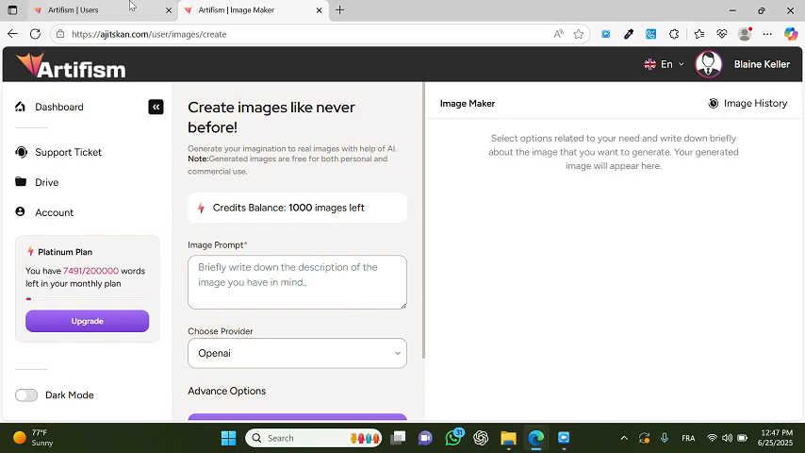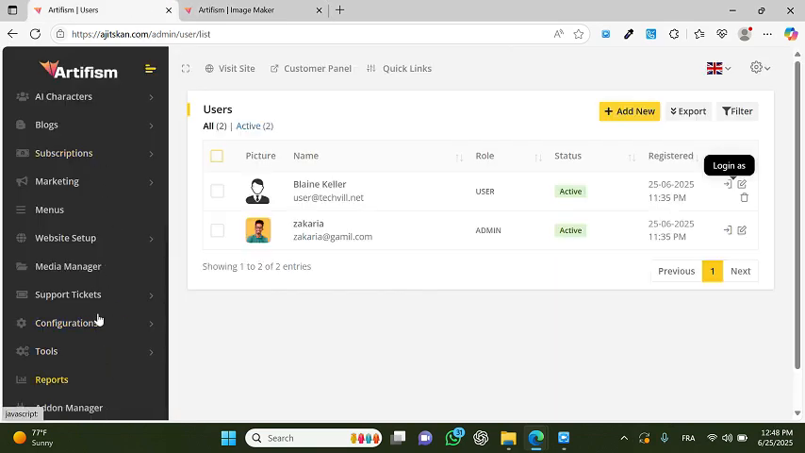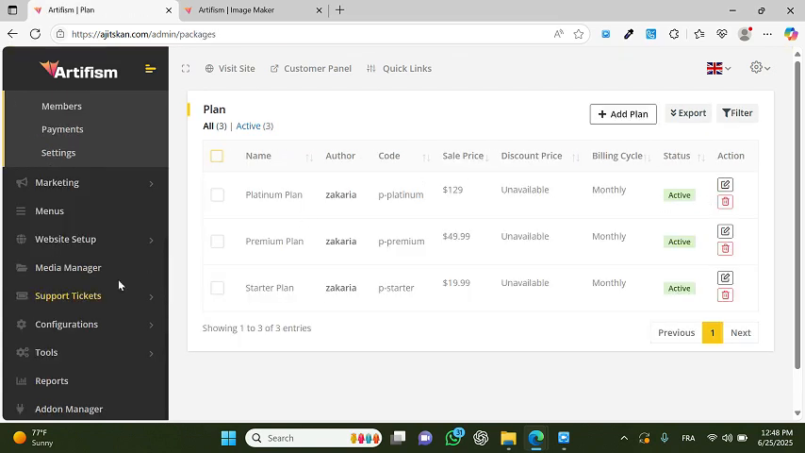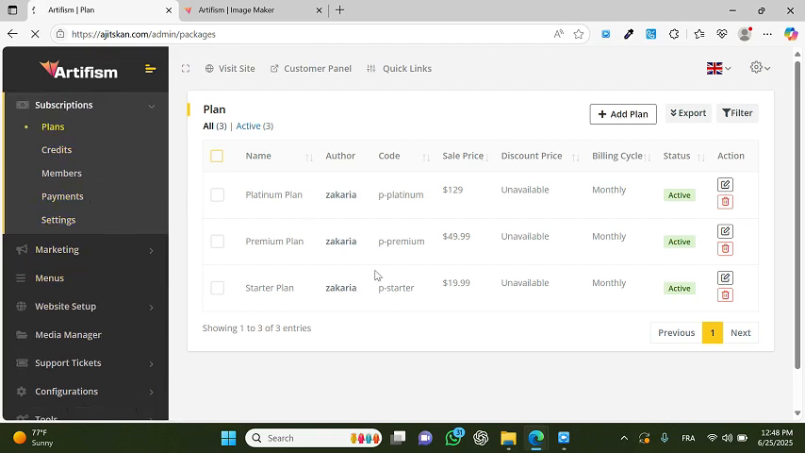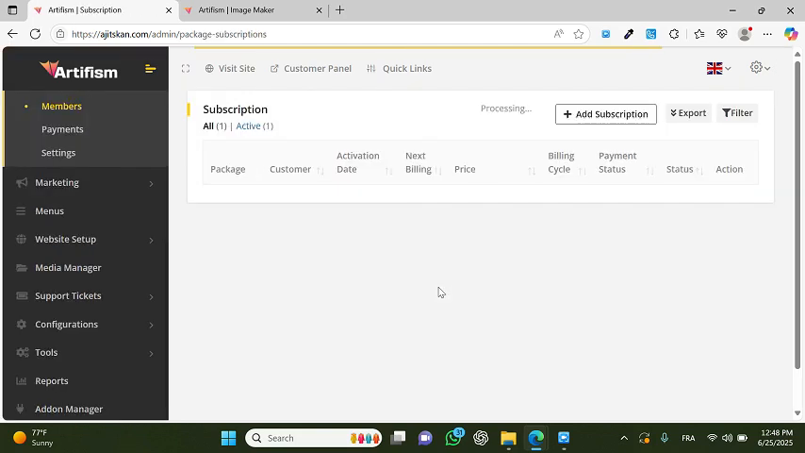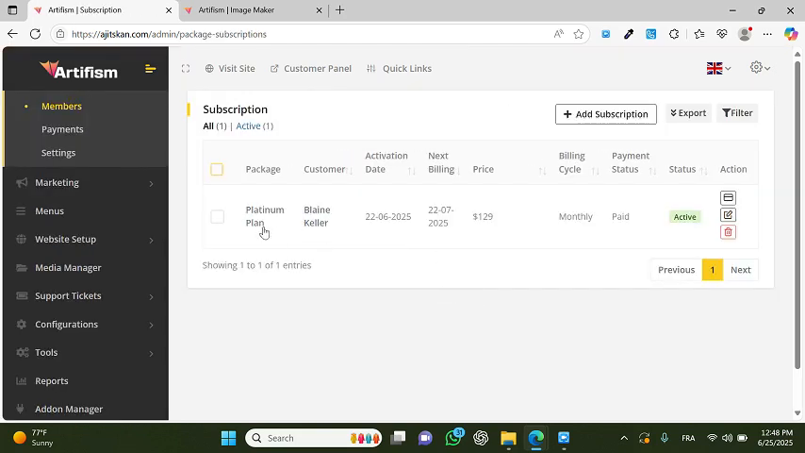You can manage your subscriptions from here, like plans here. You can see your subscriptions. You can see, for example, this user has this platinum plan. If you want, for example, to generate credits, you can generate credits here. If you want to generate members, for example, this user has the platinum plan. So we have payments here,